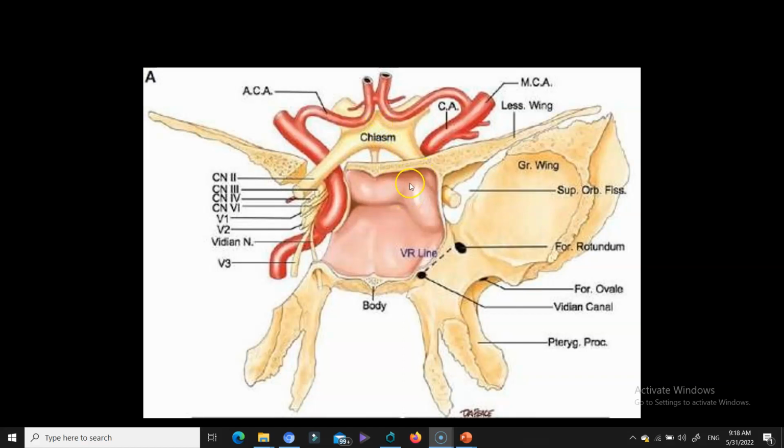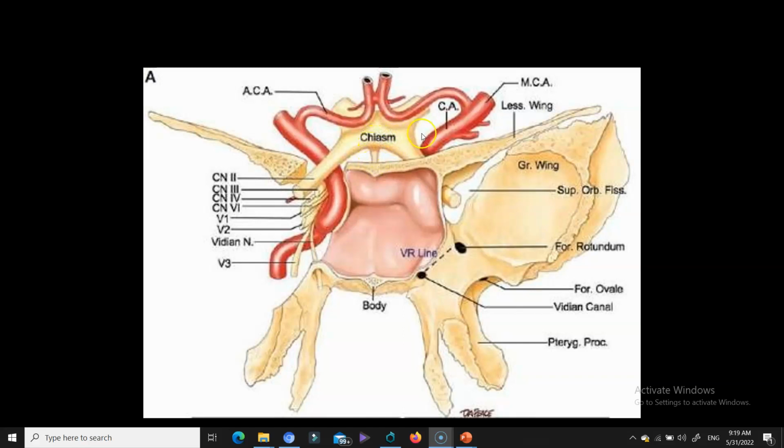So this is an anterior view, and I can see that we remove the anterior wall of the sphenoid sinus, and we have this bulge in the roof of the sphenoid sinus, which is the floor of the sella, and this is the site of the dorsum sellae, and then we have the clivus, and on either side we have the carotid prominence, and we have the optic nerve going from one side and the other side. So we are looking from the front and above, and then we have the optic chiasm and